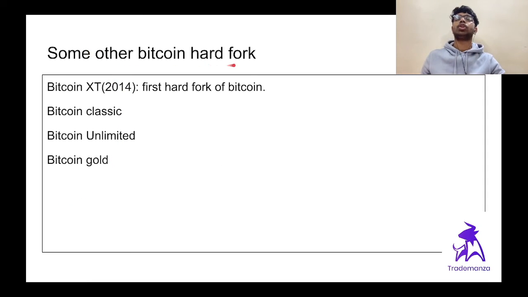Some other Bitcoin hard forks are Bitcoin XT, from 2014, which is one of the first hard forks of Bitcoin. Then there are Bitcoin Classic, Bitcoin Unlimited, Bitcoin Gold, and we studied Bitcoin Cash, which is the most successful one,